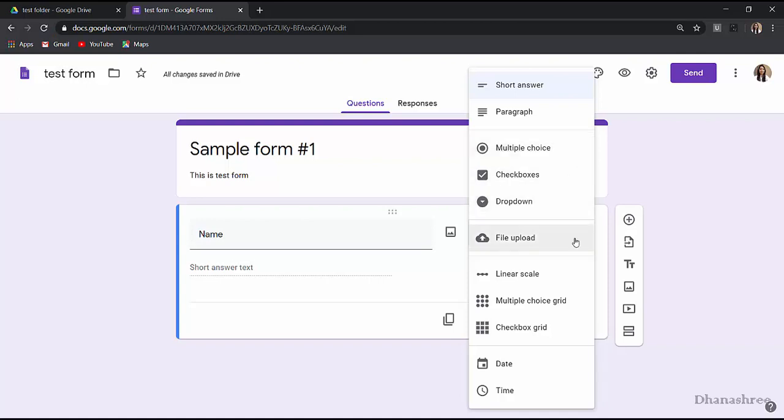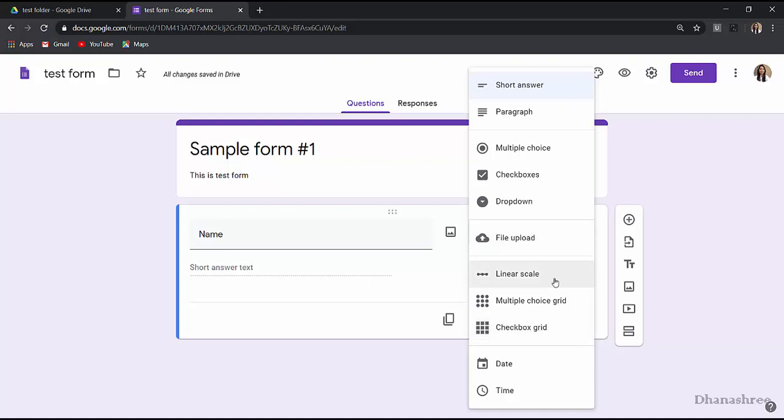In the next category, file upload, Google Form allows the user to upload a file. That file will be stored in our drive. So in such cases, making a Google form in one particular folder is advisable, because if you make a Google form in the drive, then all uploaded files will go to the drive, and if there is more than one form, then all the files may merge. So if you are making your form in one particular folder, then those uploaded files will get saved in that particular folder only.